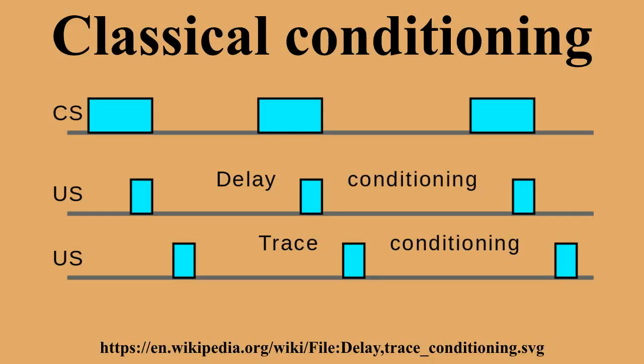It was also thought that repeated pairings are necessary for conditioning to emerge, but many CRs can be learned with a single trial, especially in fear conditioning and taste aversion learning. Forward conditioning: learning is fastest in forward conditioning. During forward conditioning, the onset of the CS precedes the onset of the US in order to signal that the US will follow. Two common forms of forward conditioning are delay and trace conditioning. Delay conditioning: in delay conditioning, the CS is presented and is overlapped by the presentation of the US.